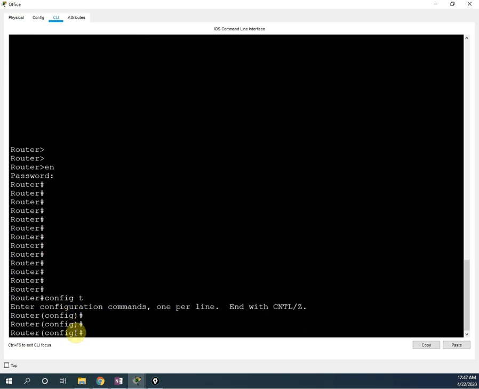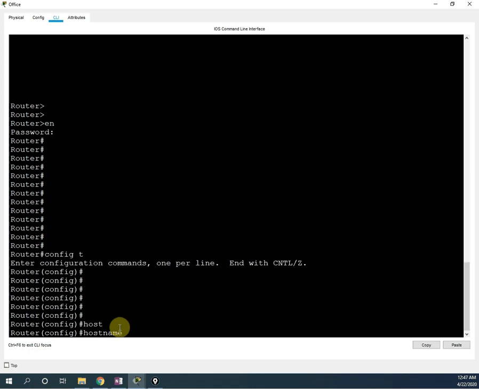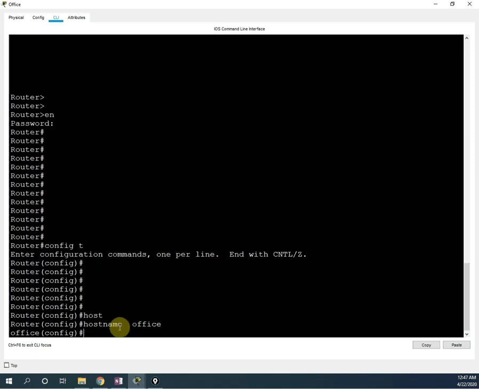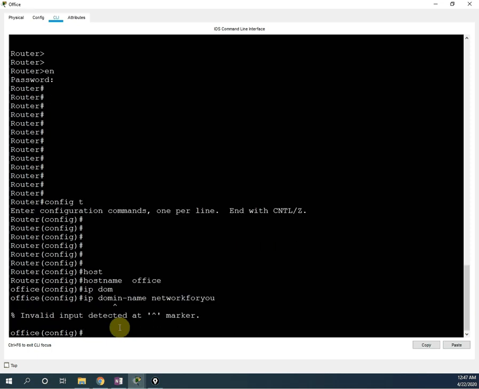After that, I will go to global configuration mode, and we are going to start the configuration of SSH. I hope you remember what I told. Whenever we want to do any configuration for SSH, we need to create a domain. But before creating the domain, let me rename this router, that is the hostname. As I created office, I will write office. So now the hostname is changed to office. Now we are going to create the domain name. We write ip domain-name, and I can give any domain name. I will write networkforyou. You can write anything, it is not necessary to write networkforyou. I am writing networkforyou because